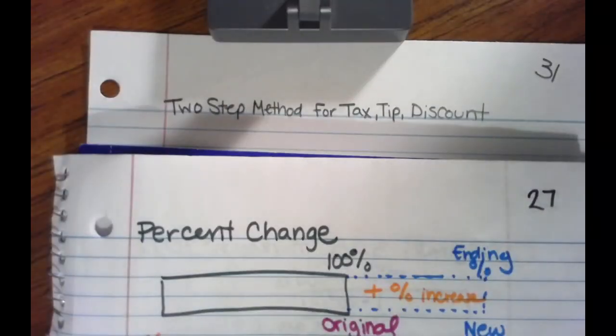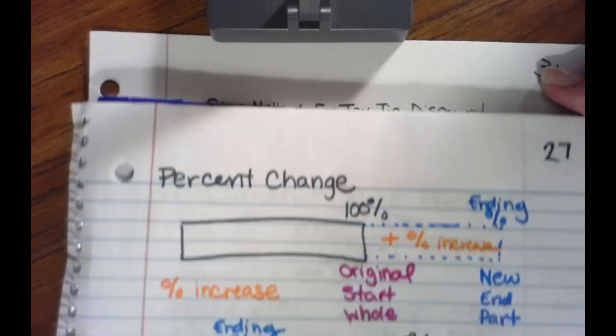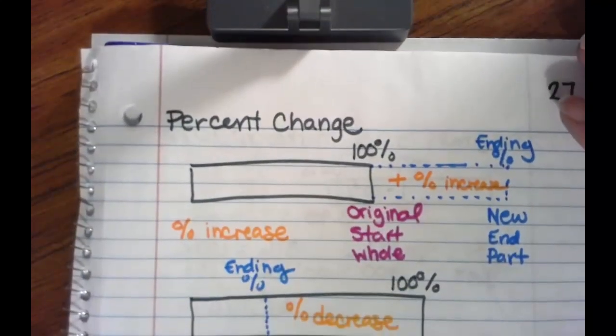Okay, we're talking about the two-step method for tax, tip, discount, markdown, all of those kinds of things. I want to talk about how it's different from the one-step method. We've been doing the one-step method with these tape diagrams, and it works really well when you just have one